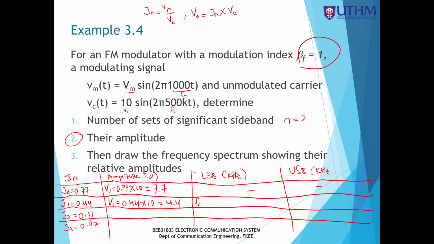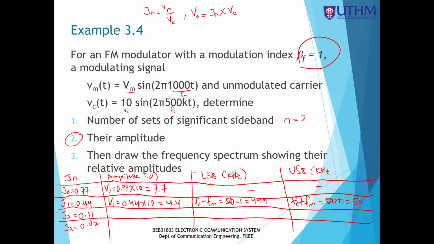For the lower sideband, Fc minus Fm is equal to 500k minus 1, so we get 499 kilohertz. And the upper sideband is Fc plus Fm, which is equal to 500 plus 1,